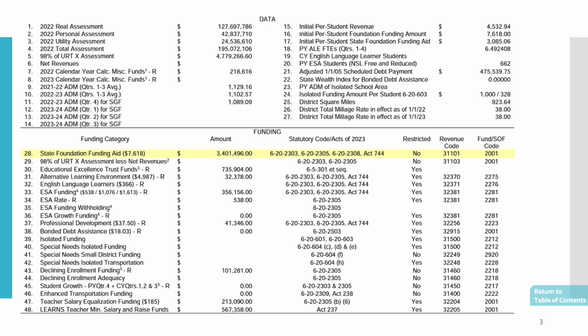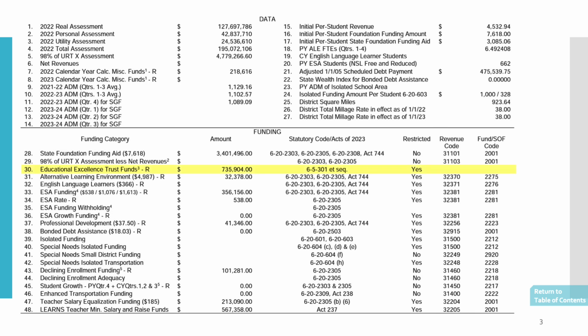So that line 28, which is in the bottom section, but it's the top line, and you can see the numbers on the far left. There's $3.4 million received by this school, and this is just a sample school out there. So they received $3.4 million in foundation funds at a rate of $76.18 per student. Look to the right, there's a revenue code on the far right if you just kind of follow the line with your finger. But if you go down to, I believe it's line 33,